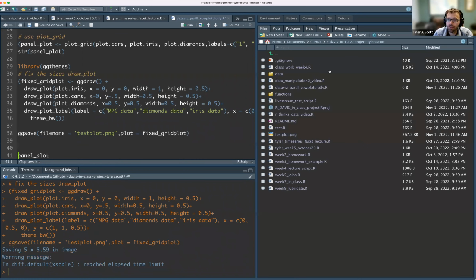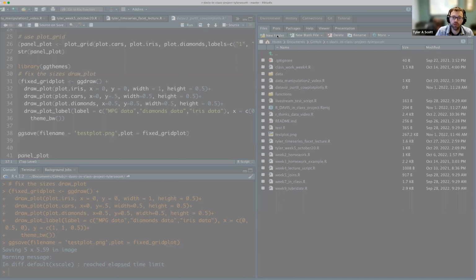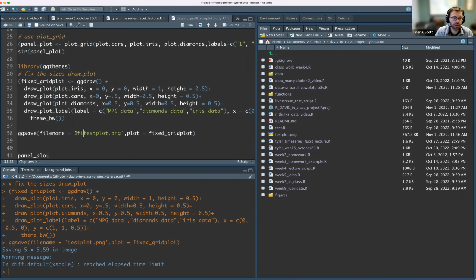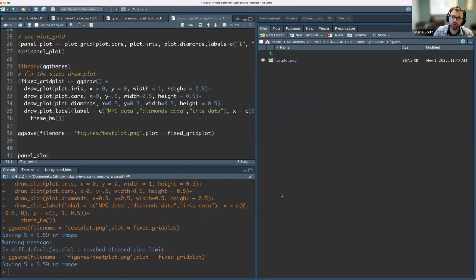If you go to your file settings, right in my base repo folder, there should be a plot called testplot.png. It's in that base folder because I didn't specify any sort of subdirectory. I just said save it in the main working directory. We could create a folder called figures and then resave this plot as figures/testplot.png. And then if you went into that figures subdirectory and clicked on the plot, hopefully what will come up